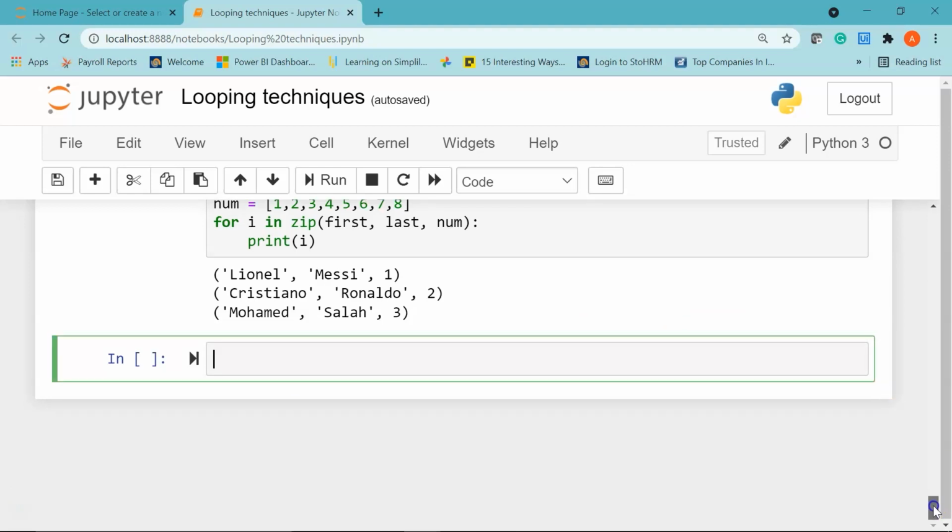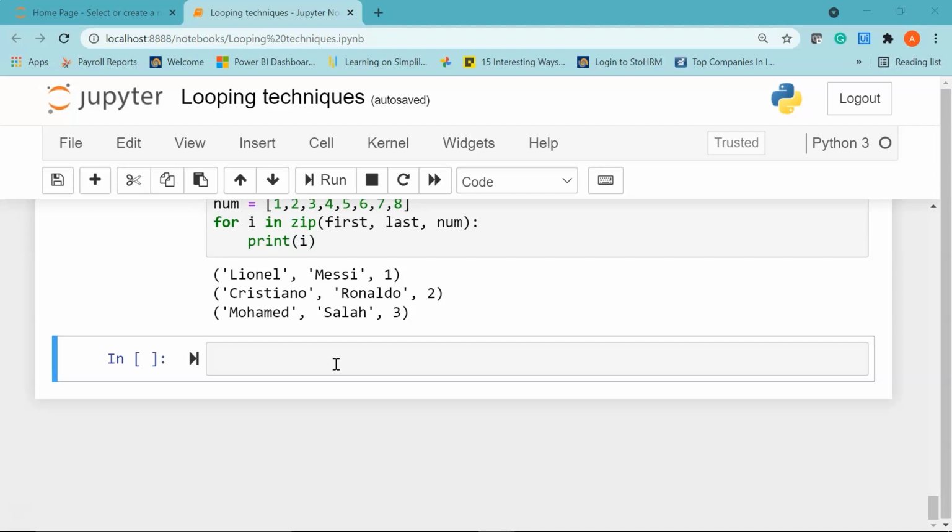Now coming to the final section of this demo on looping techniques in Python, we'll explore zip_longest. Python's itertools module provides various functions that work on iterators to produce complex iterators. An iterator in Python is an object that can iterate through sequence data types such as list, tuple, string and so on.